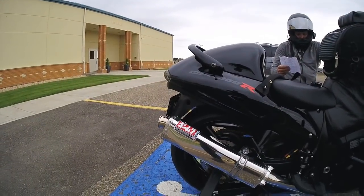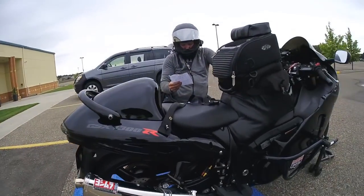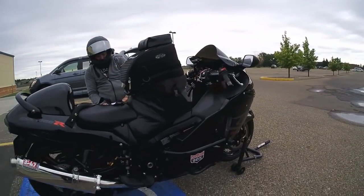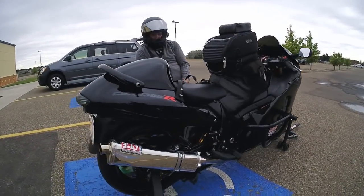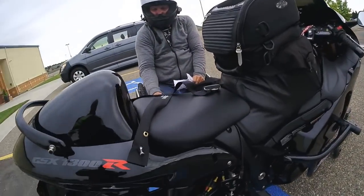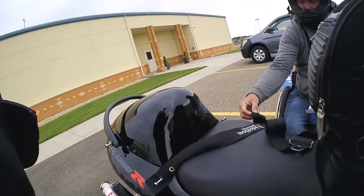Yeah, I run Motul oil in it, K&N oil filter, K&N air filter. And we'll talk about the landing gear here in a little bit. Oh, the seat belts. These belts are just off of my wheelchair, and they literally just slip on and off